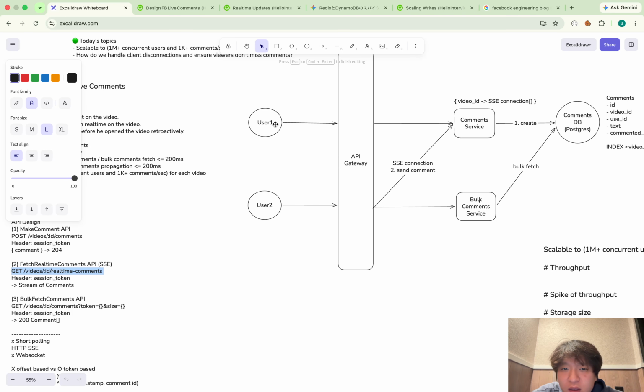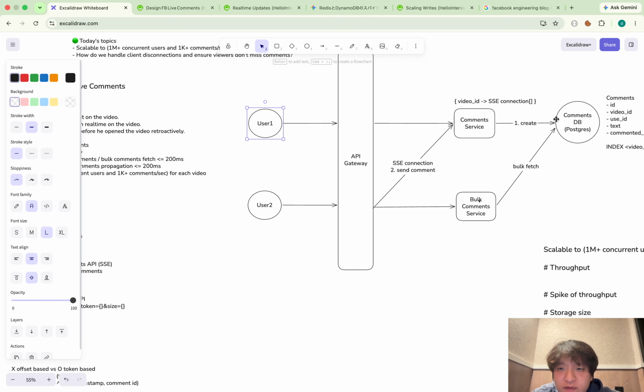This is an SSE endpoint. When the user opens the video, the SSE connection is created between the client and the comment service here. This happens for user 1 and also for user 2. Currently I assumed that there is only one comment service server, one physical server. Let's say user 1 is watching video 1 and user 2 is watching the same video.